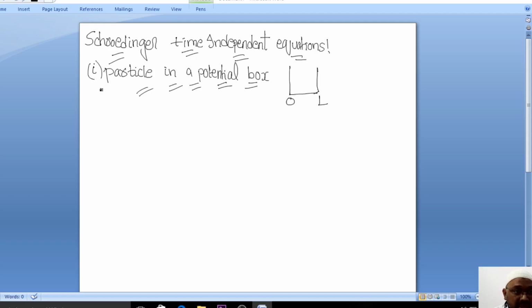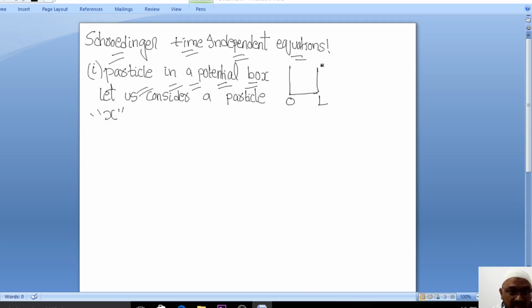Here, let us consider a particle. We don't know exactly which particle we are trying to explain, so we just consider that the particle is some x, right? Let us consider a particle x for which we are calculating the energy, and also evaluating the wave nature of that particular particle. Somewhere it is inside the potential box, and now